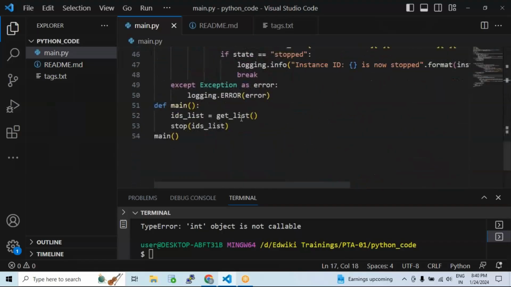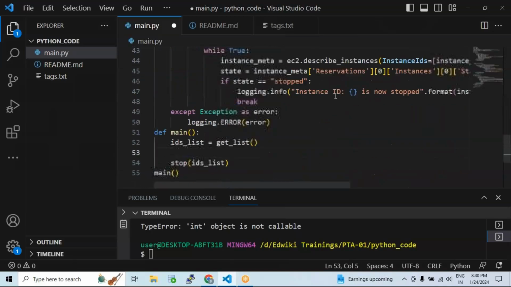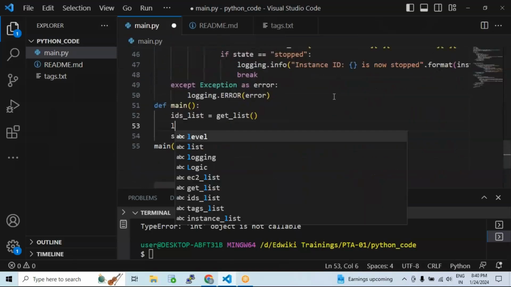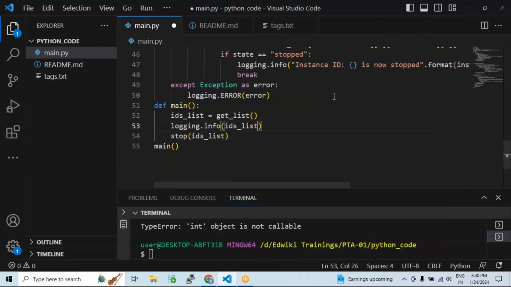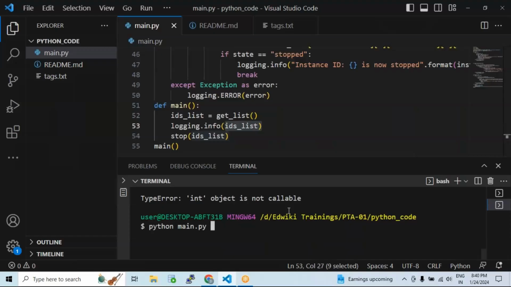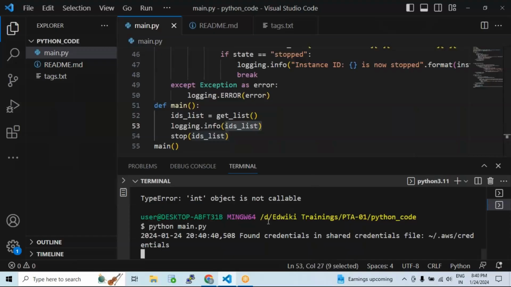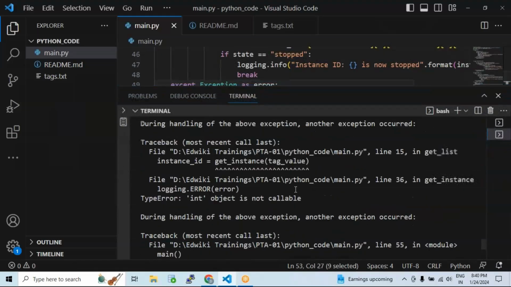Let me do some testing now. Let me see if I'm getting some return output or not. Did I enable the info logs? Yes. So what I do is logging dot info, and let me print this particular variable just to see whether I have got some input or not. Okay, now if you look into this,